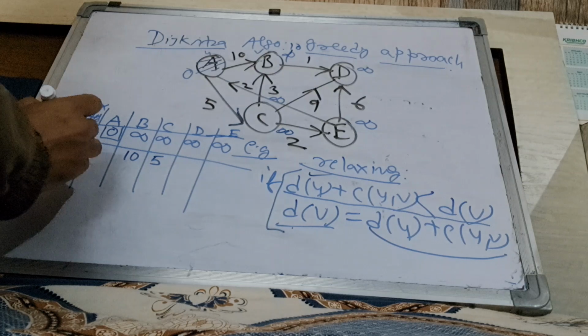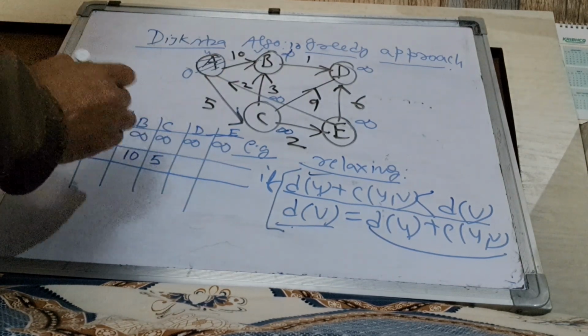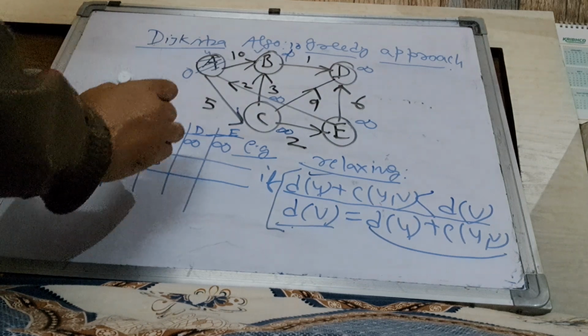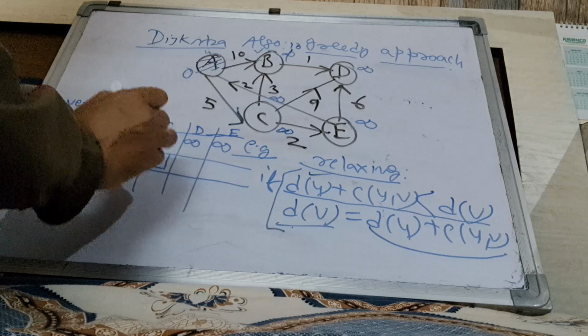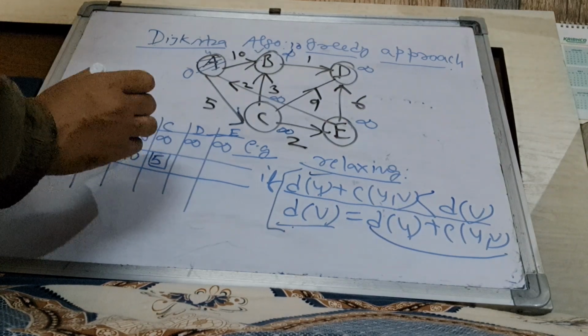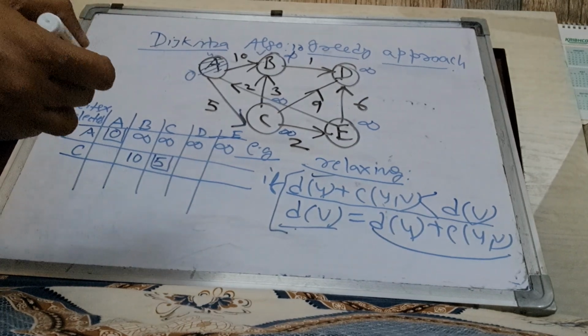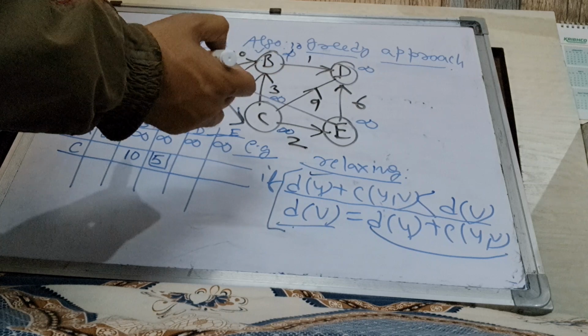So these two entries you have updated in the table. Now out of these two, you will select the minimum one. Which one is minimum? This one is minimum. So this vertex you will be selecting in the next step. Okay. So now from C, we will try to find other vertices where we can reach and its